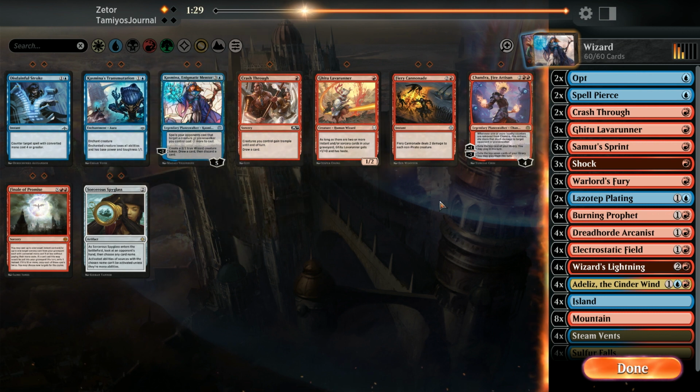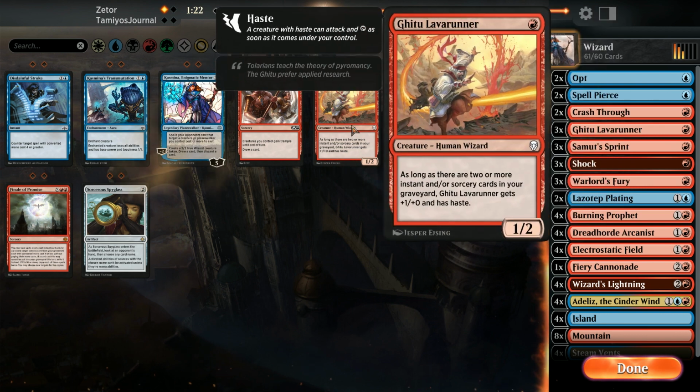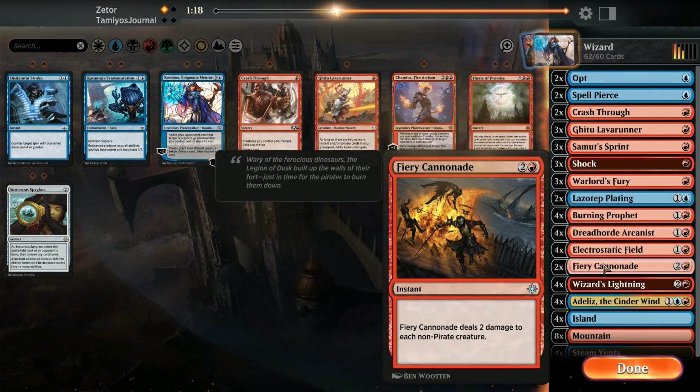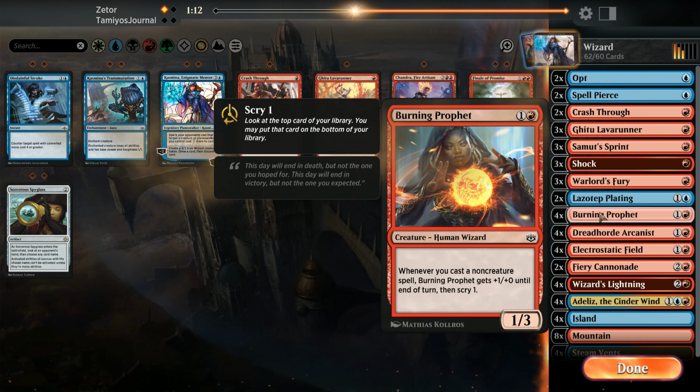What else do I want? Fiery Cannonade, I guess, if we fall behind. We'll just bring in the one. Or actually, if we bring in both. So the idea here is that if we hit Electrostatic Field and Fiery Cannonade, then we're going to be able to sweep the board a couple of times and still be in a strong position. So we're going to go down...